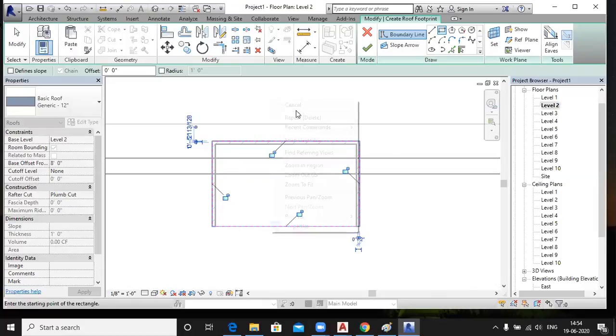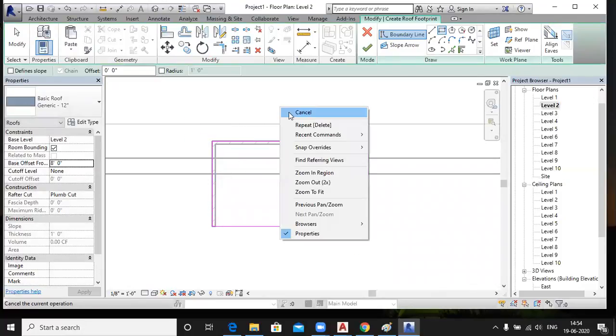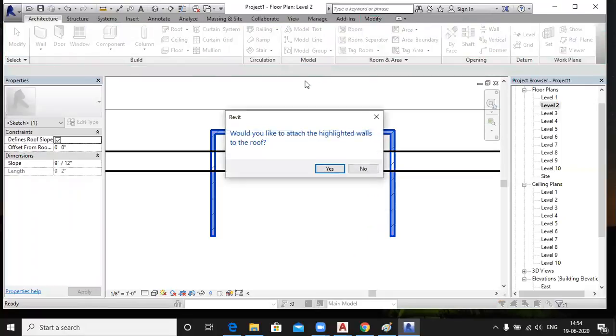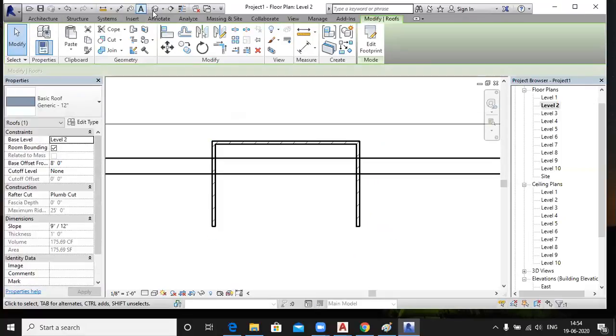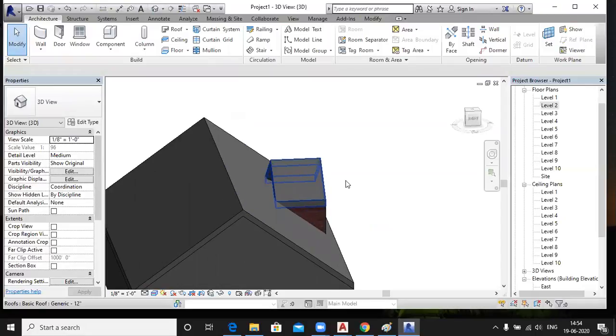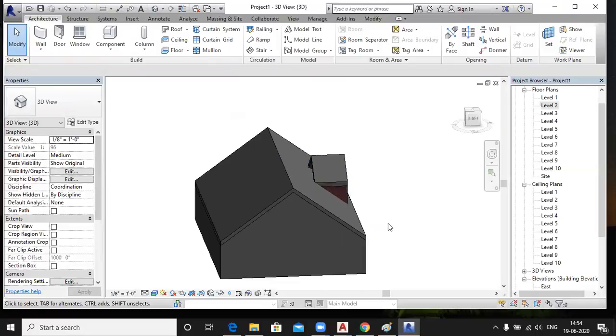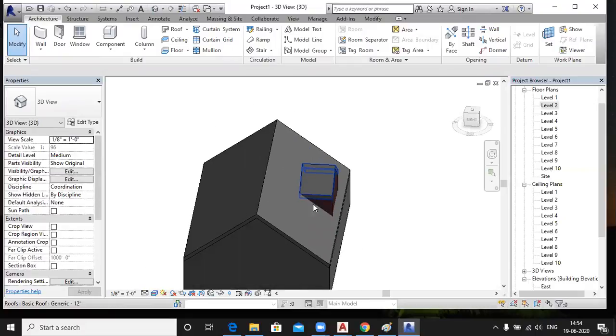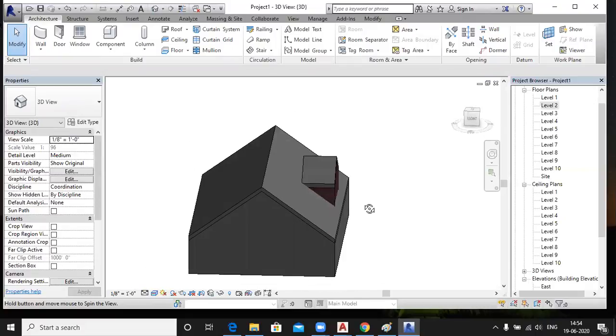On this you have defined the slope on this wall and this wall. Oh, okay. Yes. Like this, right? Right, sir. You are able to create this position?